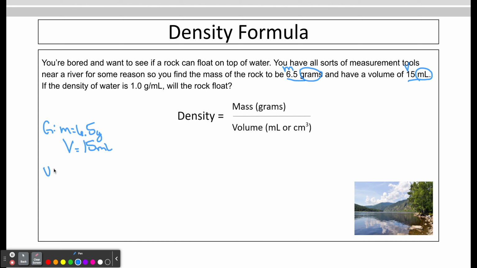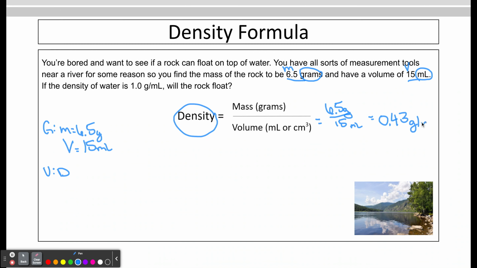I'm calculating density, so I don't need to rearrange my formula because what I'm solving for is by itself. It's mass divided by volume, so 6.5 divided by 15 equals 0.43